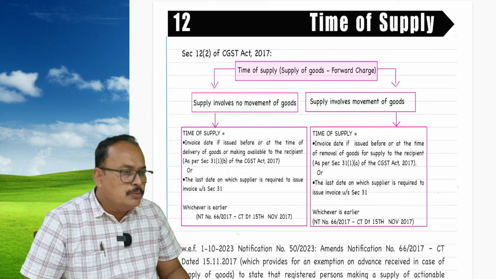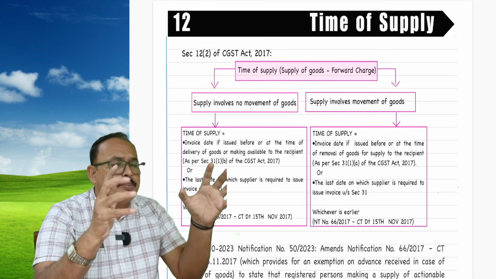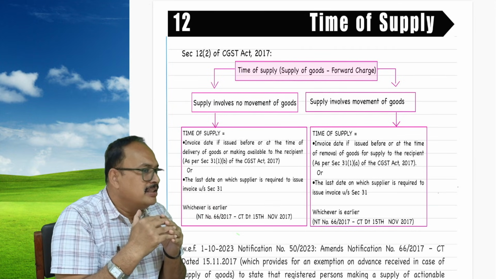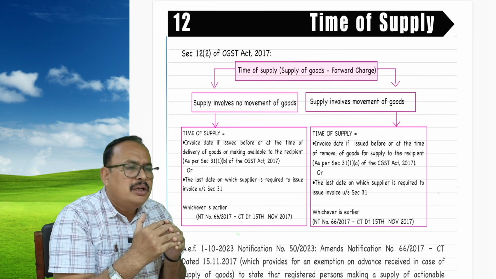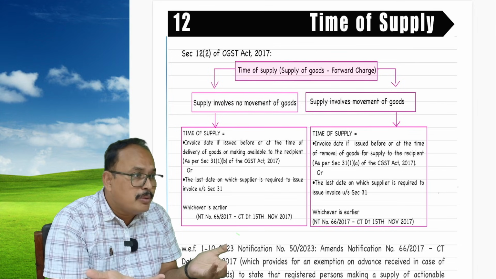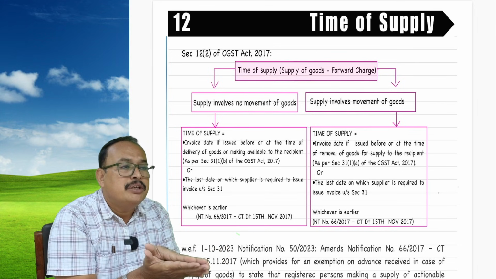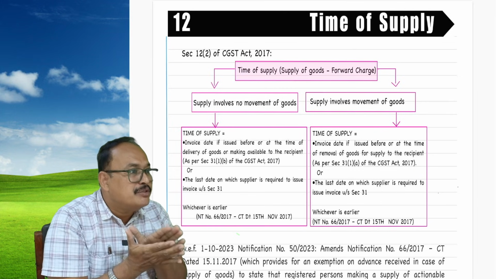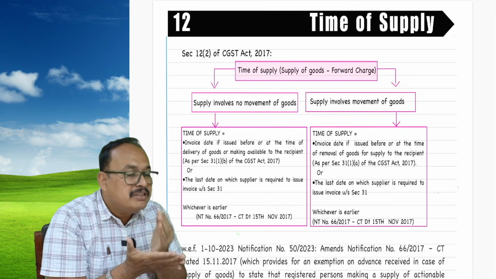Now referring to time of supply. For supply of goods, where forward charge applies: simple. Supply involves movement of the goods. Supply does not involve movement of the goods. Invoice should be issued before supply. Last date to issue invoice or date of invoice, whichever is earlier,